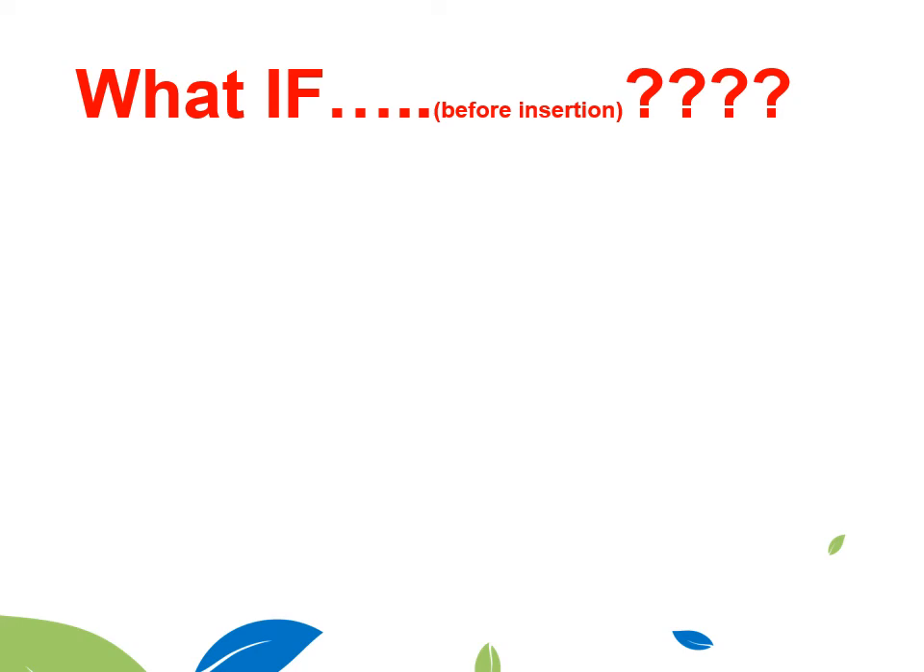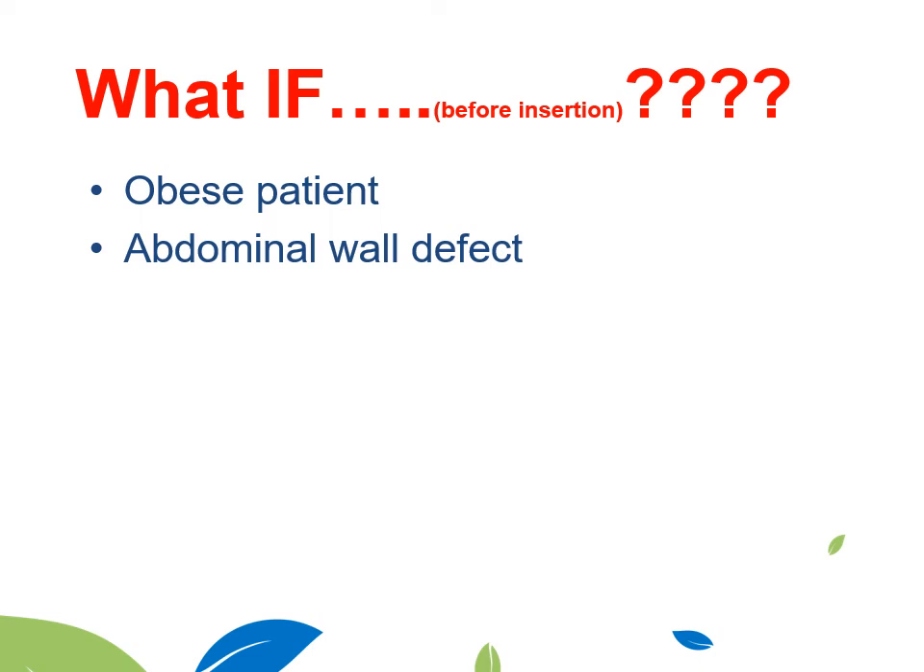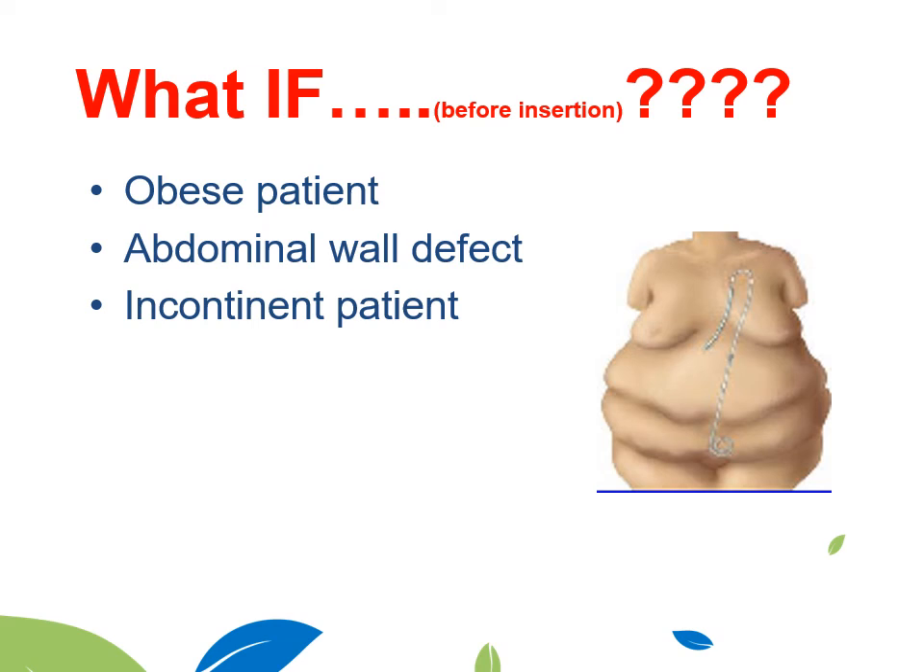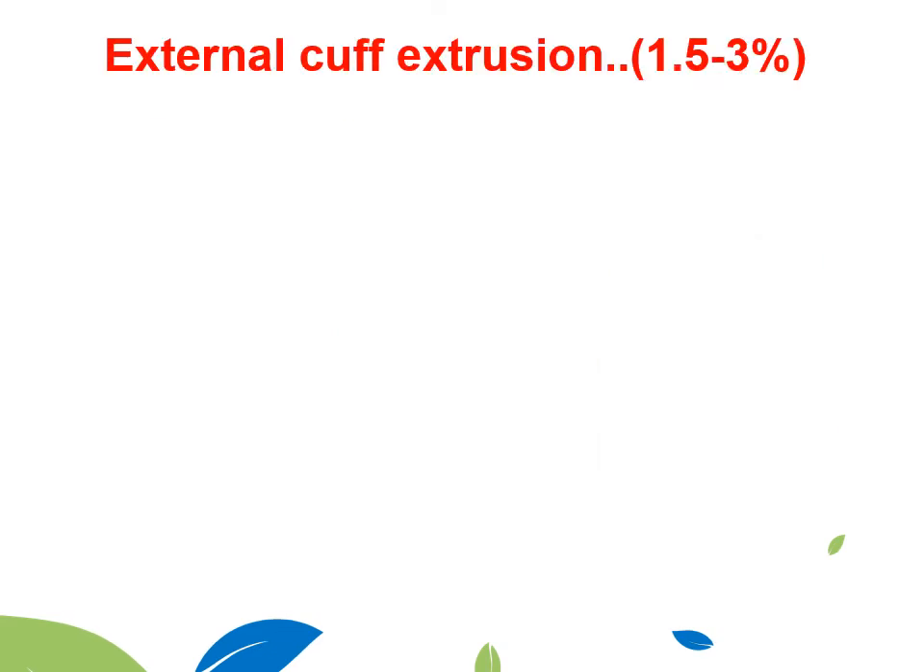And now we'll go back to our clinical problems. As we mentioned earlier, what if you have an obese patient? What if you have a patient with an abdominal wall defect? What if you have an incontinent patient? The ideal solution is to use a swan neck with pre-sternal extension, so that you will keep your exit site away from any incontinent areas, any abdominal defects, or any skin fold that will cause any compression or kinking of the